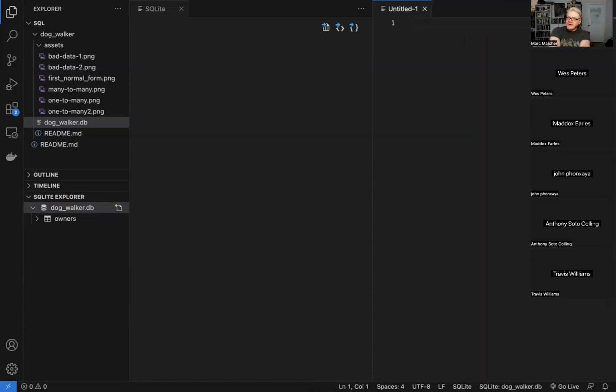The way we create a table is by using create table, and we just need to give it the name. So owners. One of the syntactic peculiarities is that tables are usually plural named, because a table is going to contain a bunch of different things, whereas classes are generally singular.